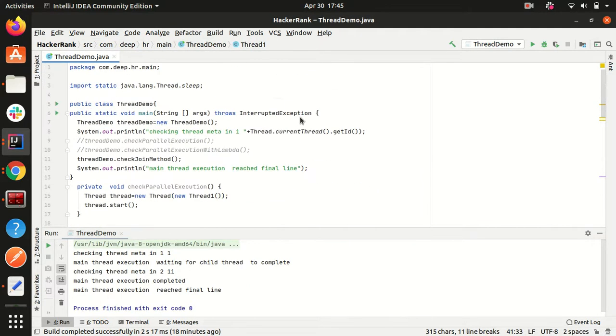Now let us try to run the same demos as we did in the previous lecture, in which we started with the Thread class. Initially we will check whether parallel execution is happening or not.